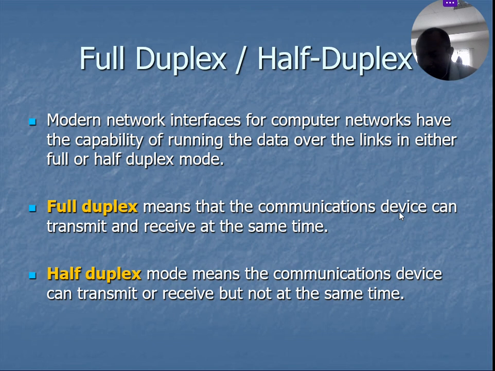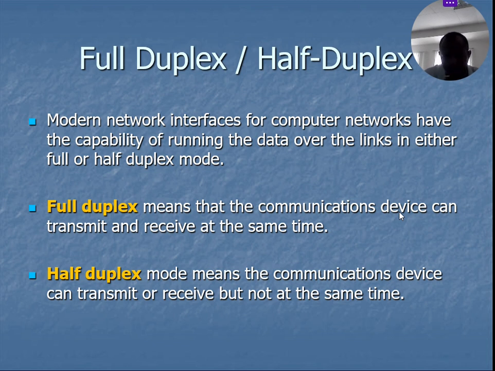Okay, when auto negotiation has been set up, then we have to look at how data will be transmitted or received in a link. There are two ways. The first one is full duplex mode of transmission, and the second one is half duplex. However, one thing to note is that modern network interfaces